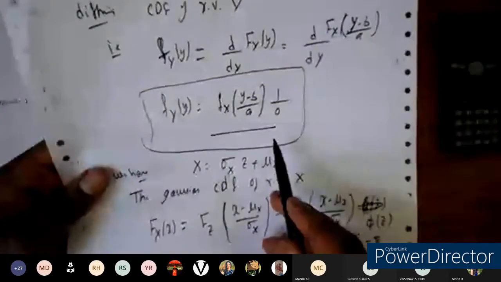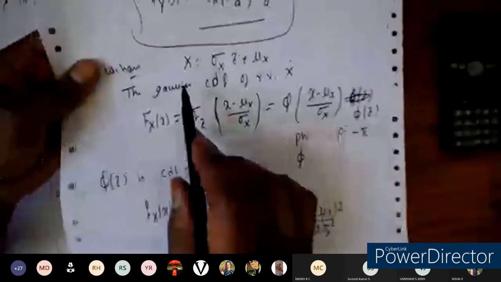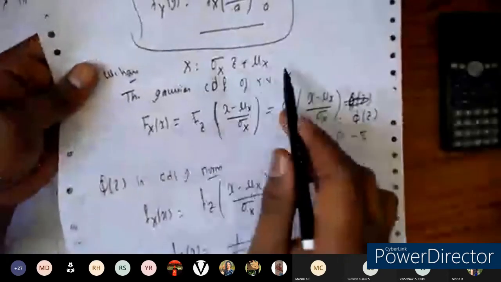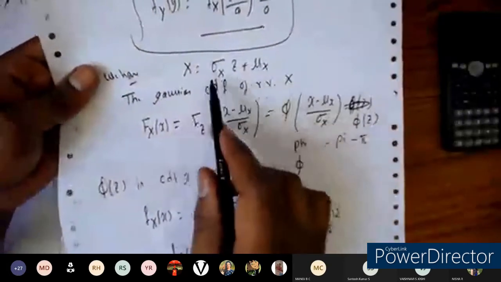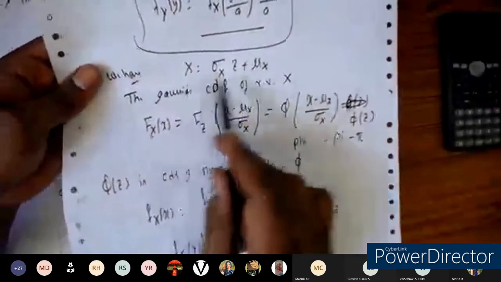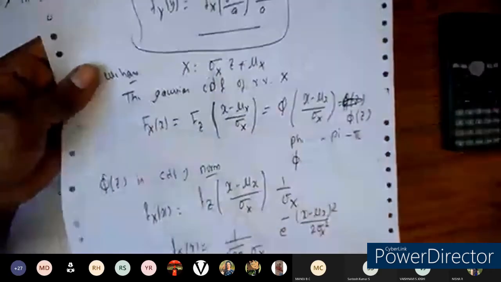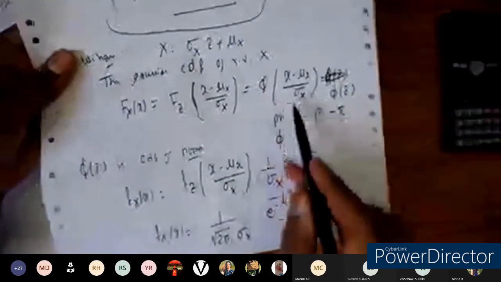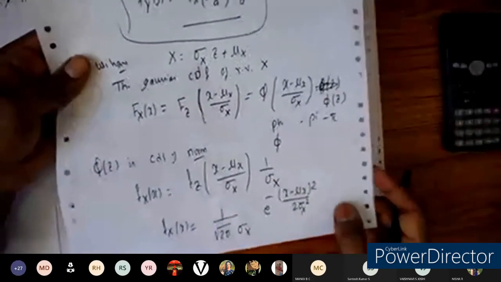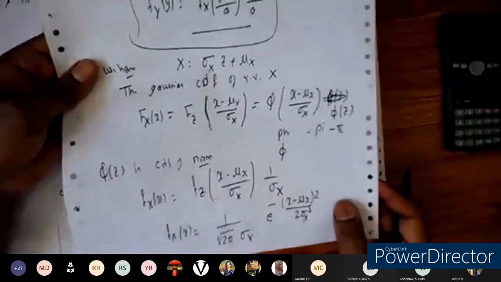Okay, this expression will be expressed later in another kind of problem as the mean and the variance of the new random variable. Here we need to find the PDF of the random variable z, or the PDF fx of x. We are going to make use of these expressions in the problem, and I will tell you how we are going to use them.